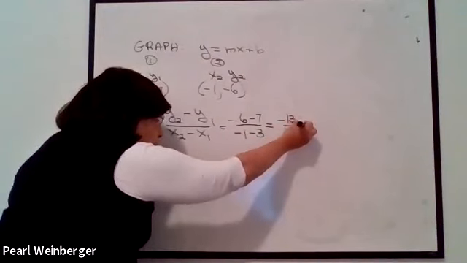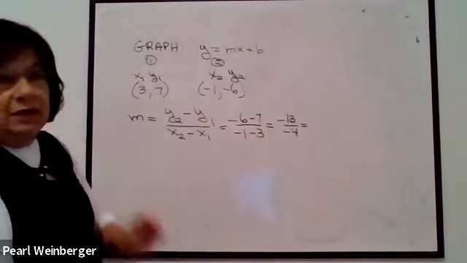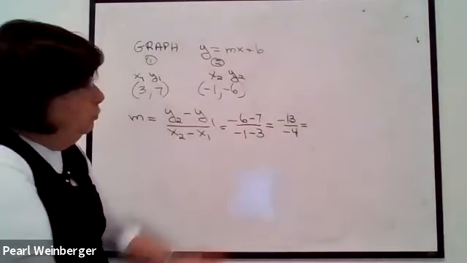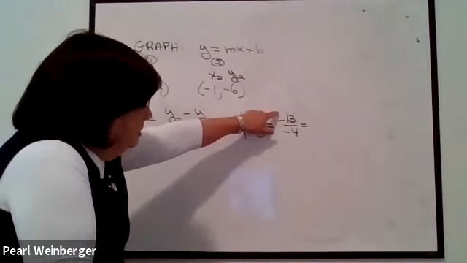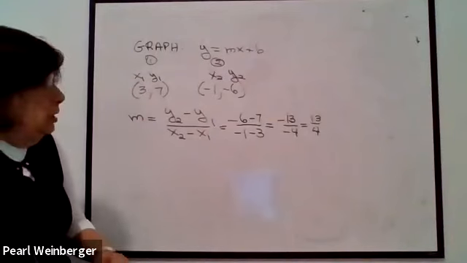And after I've done that, I try to reduce it because we do like to have our slope in simplest form. And since this is a negative over a negative, it becomes a positive, but nothing else reduces. Remember, you want your slope to be a fraction. Don't change it to a decimal. The slope of this line is 13/4, which tells you that